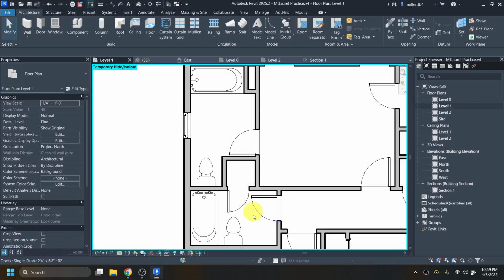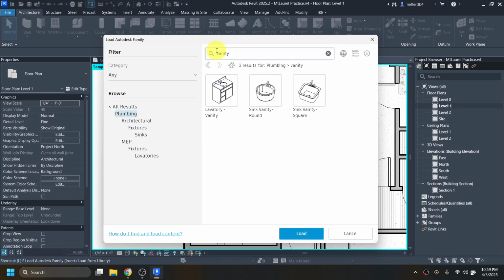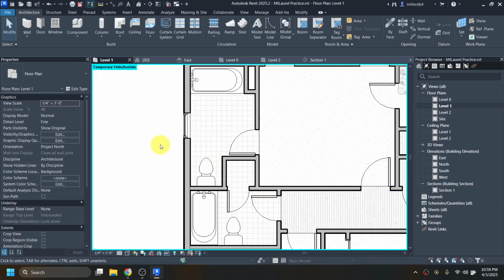For our bathrooms too, for our sinks, I'm going to go into LF for load family, and I'm going to search for vanity. I'm going to use this vanity right here. Now, when I search for vanity, it's only searching the plumbing category, which is sort of helpful, but we'll see when we go to do our utility closet that it's not going to be too much help in there. So I'm going to load that vanity in, and then I'm going to start the component tool,